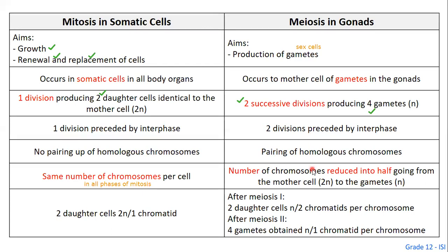Here, the number of chromosomes is reduced into half after meiosis 1. And then after meiosis 2, we separate the chromatids. So we start with a diploid 2N mother cell, and we end with a haploid gamete. This is all about meiosis and mitosis. Meiosis and mitosis have an important role in the formation of the sex cells. So you will see that mitosis and meiosis happen in spermatogenesis, which is the process of formation of sperm cells. And also in oogenesis, which is the process of formation of ovum. Okay, so I'll see you in the upcoming